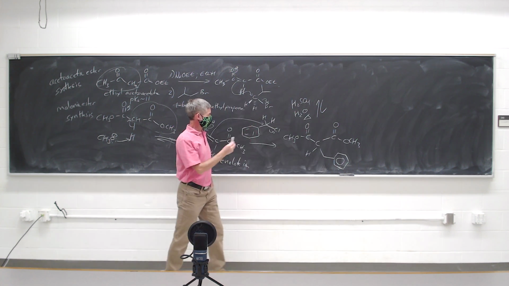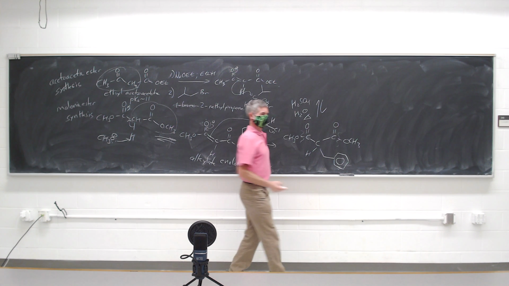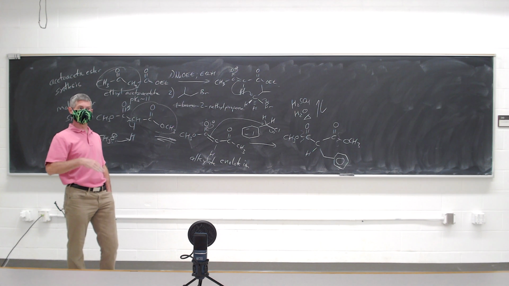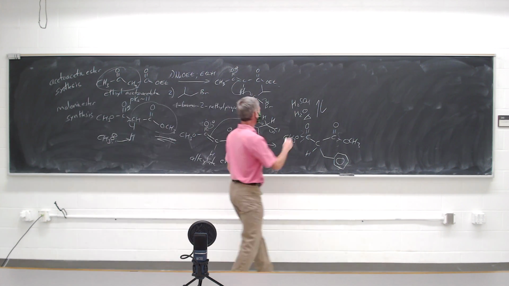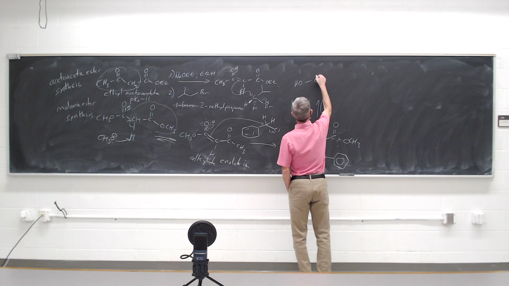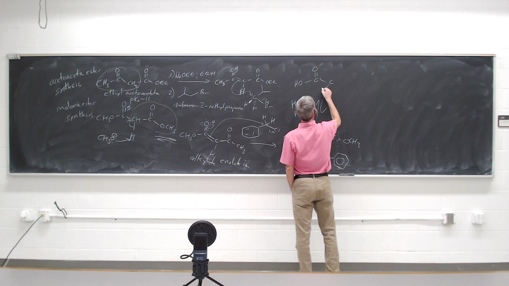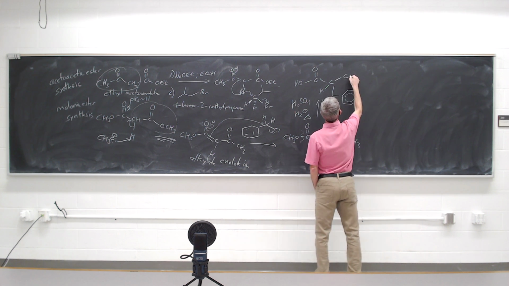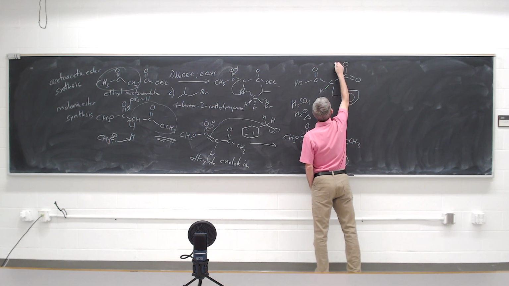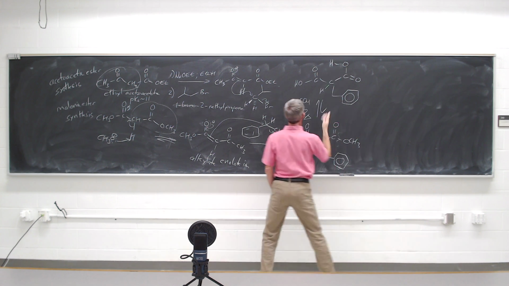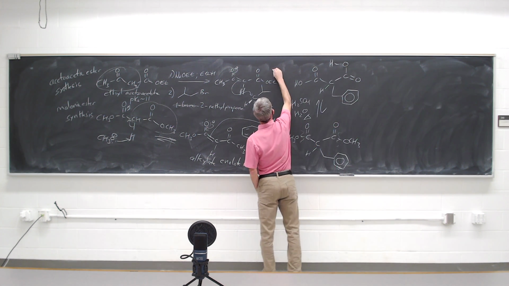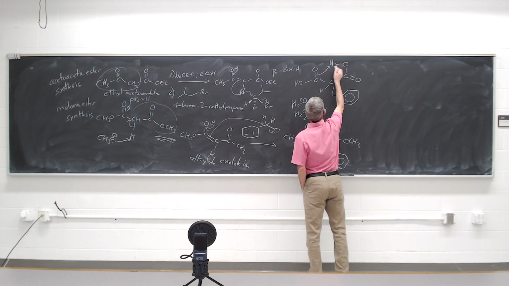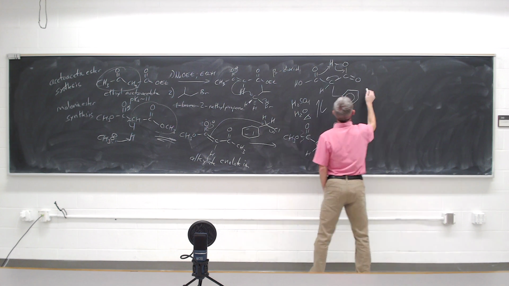If I heat that up, I will actually cleave both of these esters. I'm not going to show that mechanism. There's 12 steps, right? 6 steps to cleave the one ester, then 6 steps to cleave the other ester. And you make a beta-diacid. That 1,3-dioic acid or beta-diacid is unstable. It decomposes